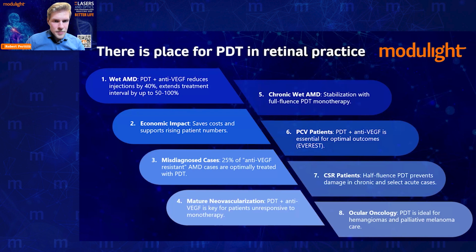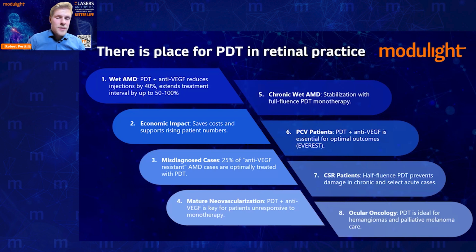Then CSR patients, so immediate treatment is recommended in cases of autofluorescence discontinuity on the OCT. And then ocular oncology is the last point, where basically, if I say a couple of words, about half of the patients recover spontaneously, but for those who need treatment, PDT is the gold standard therapy. And also, in addition to,